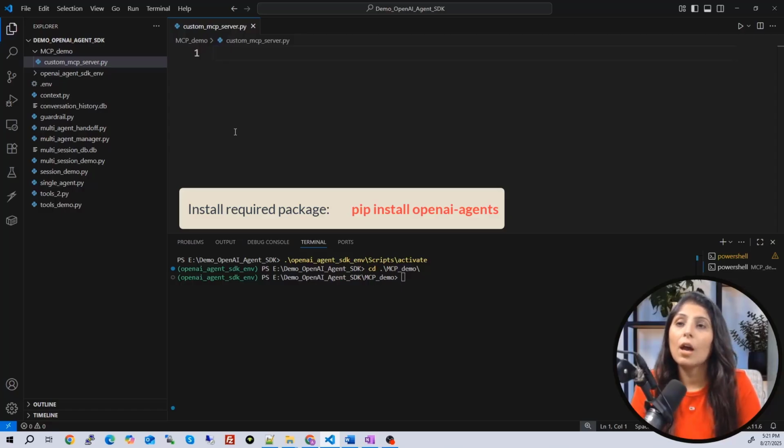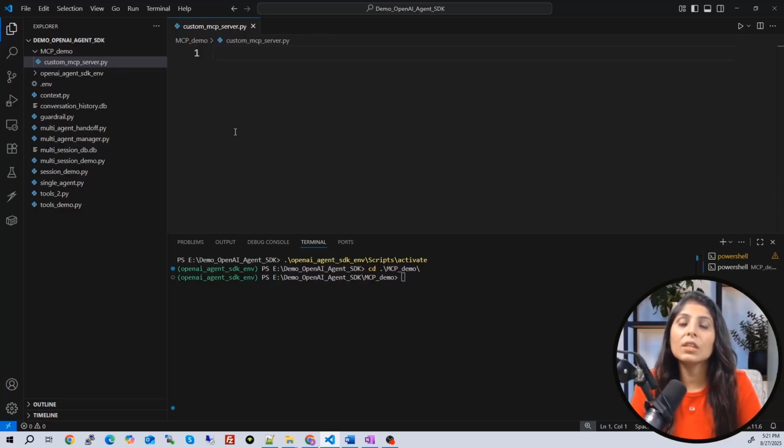So that's why I'm not installing it. But if you are running the code for the first time, you are using the OpenAI Agents SDK for the first time, then you have to install it by writing this command, pip install openai-agents. So that is the only thing which you need.